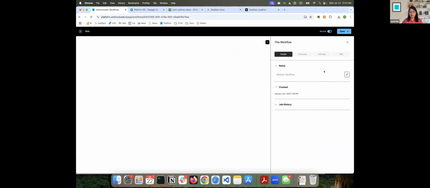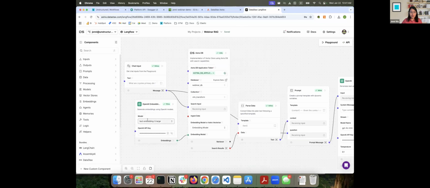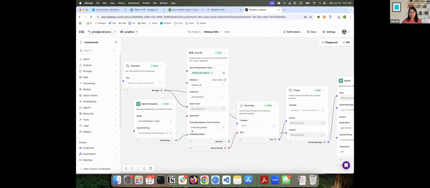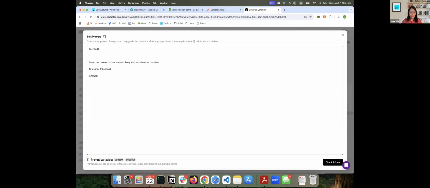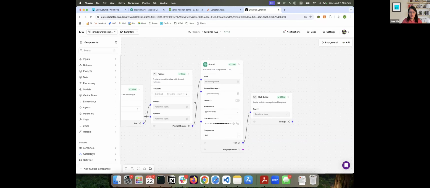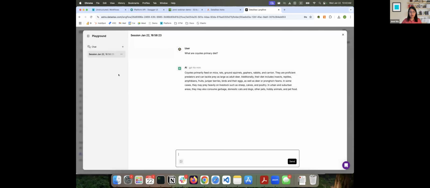So if I go back and open up the workflow, you can see that I selected text embedding 3 in my workflow embeddings model. And so inside Langflow, I'm using the same embeddings model just to convert that text into embeddings and then try and grab the vectors that are in the vector space inside our vector database in Astra. Then I will parse that data and then provide it a prompt. So it's a really simple prompt, just given the context above, answer the question. And so from here, then we're making calls to our OpenAI, and you can select different model names, but what does this actually look like in our playground?